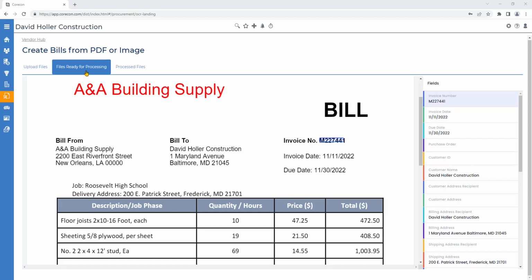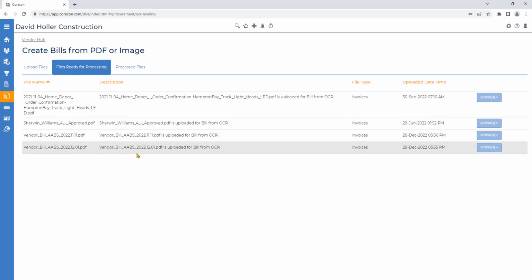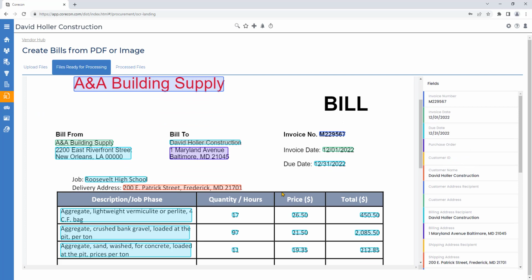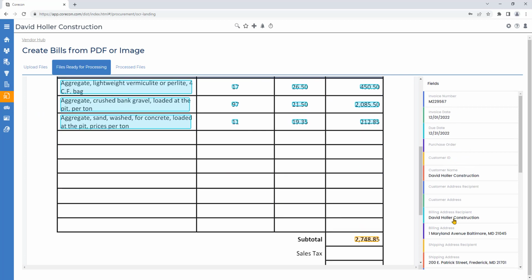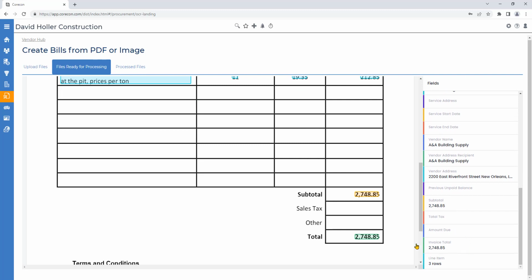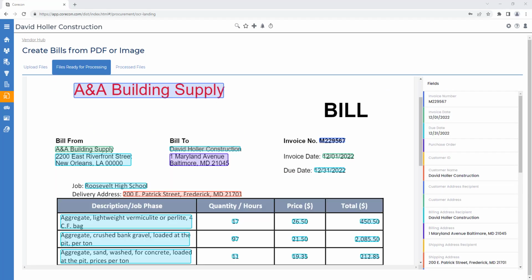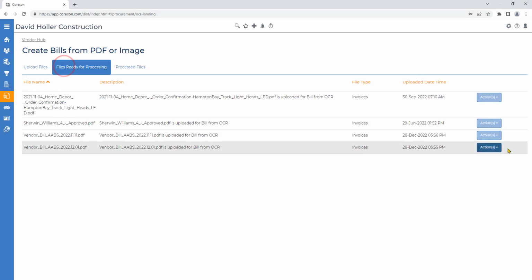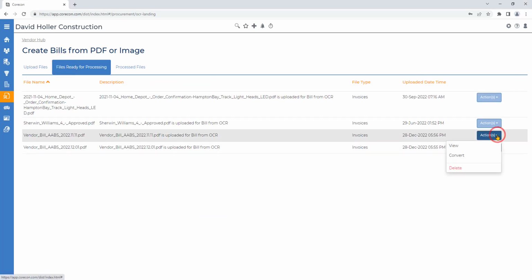Now let's take a look at the other file. We'll go back to the Files Ready for Processing tab and check out this second file. Same vendor, and you'll see all the appropriate fields have been highlighted and they fit into the recognized fields in the OCR. Now that we've reviewed these, we'll click back on the File Ready for Processing, go to the Actions tab, and